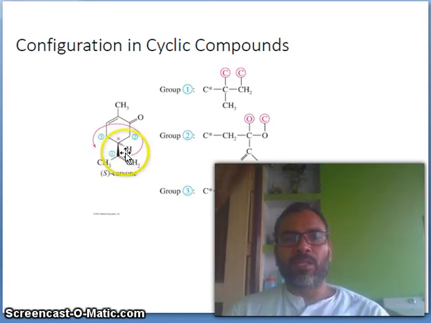So hydrogen, carbon, carbon, carbon. Then again go to the basics and check which one is group 1 and 2. This carbon contains a double bond, which means this carbon is attached with carbon, with carbon, with carbon. So automatically this carbon will get higher priority. So this one is 1.